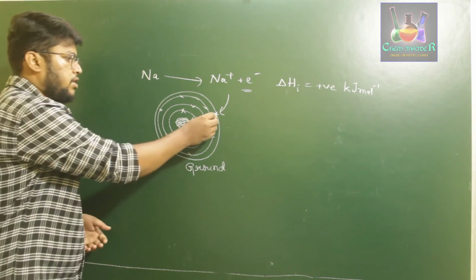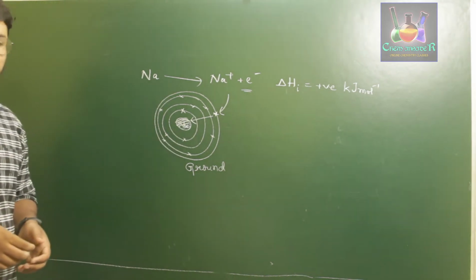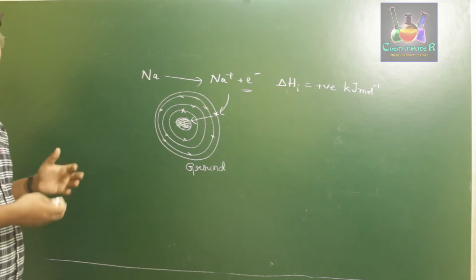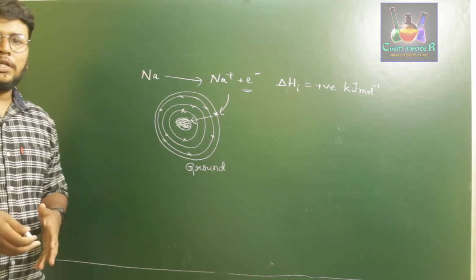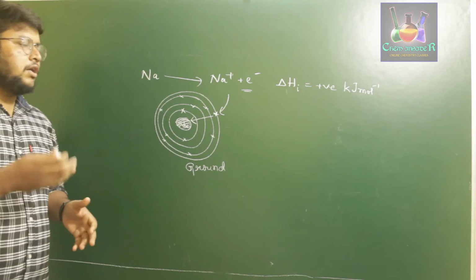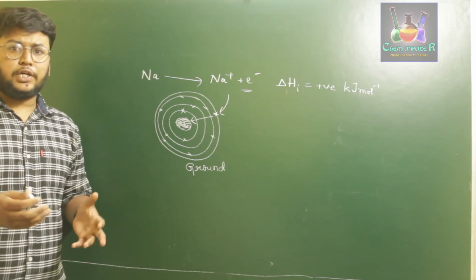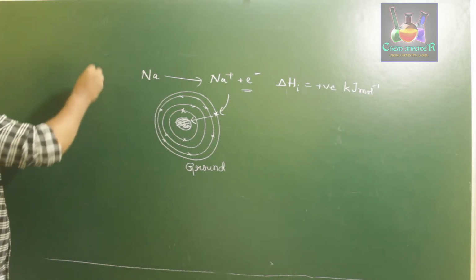So if this electron is having some amount of effective nuclear charge or attraction towards the nucleus, we are supposed to say it has some amount of effective nuclear charge present on it. And similarly, the third point is about the electron repulsion, that is nothing but what we called the shielding effect. Okay, so now ionization enthalpy.